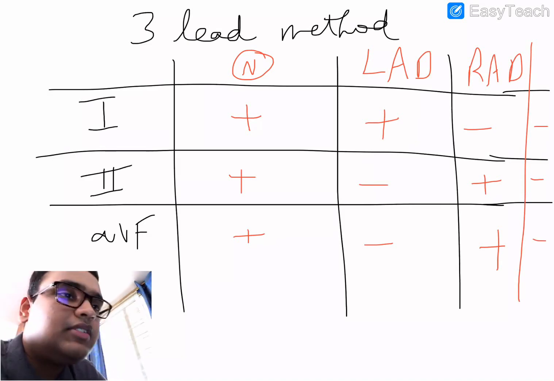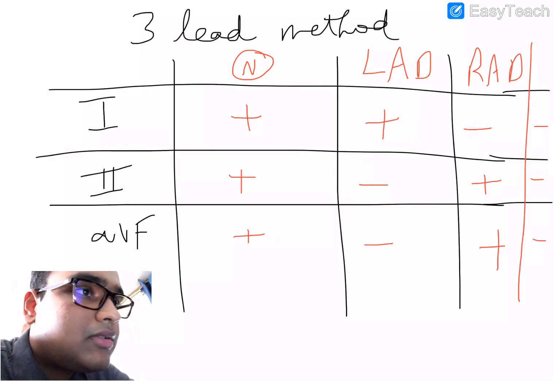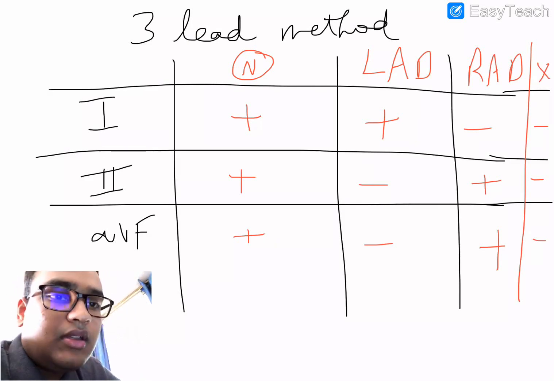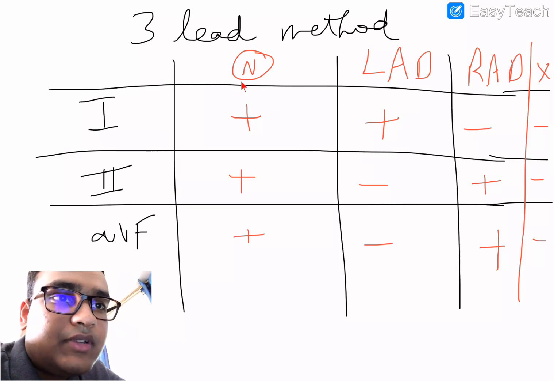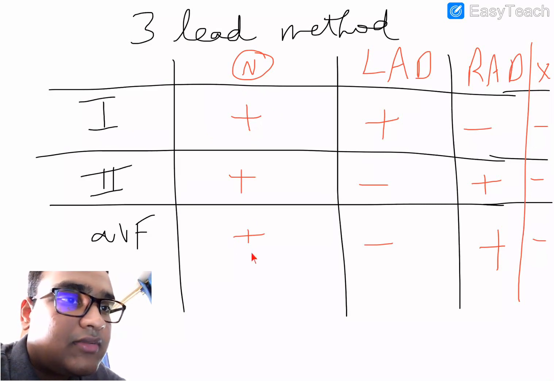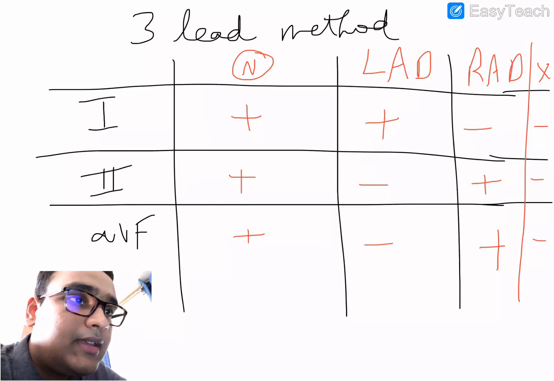All are negative. So this table is very important. Let's revise again. For normal ECG, lead 1 would be positive, lead 2 would be positive, AVF is positive. All three are positive. For left axis deviation, lead 1 is positive, lead 2 is negative, AVF is negative. In case lead 1 is positive, lead 2 is positive, and AVF is negative, it could be physiological left axis